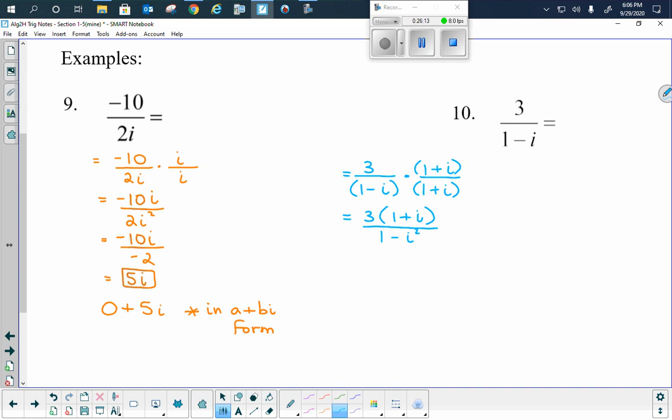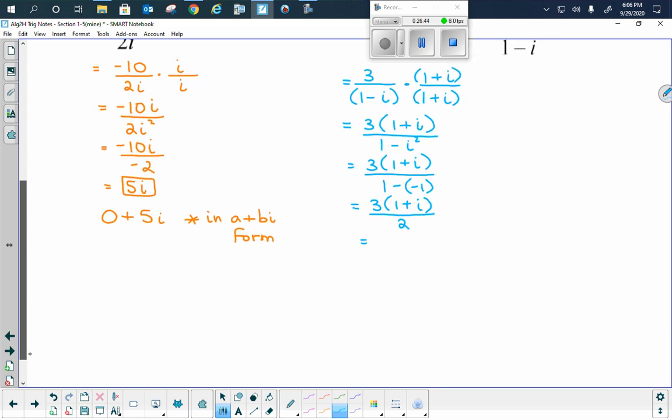Okay, try that for yourself if you need to look at that for a moment. And then 3 times 1 plus i over, well, 1 minus, since i squared is negative 1, I have now gotten rid of the roots in the denominator, like I'm supposed to. I still have the 3 times 1 plus i, and now this is really 1 minus minus, which turns into plus, so it's really 2. All right. So far, it doesn't look like anything's going to cancel. So I might as well distribute that 3 to the top. So I'll have 3 plus 3i